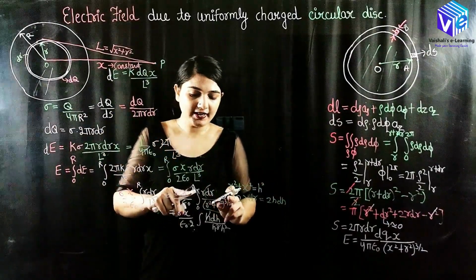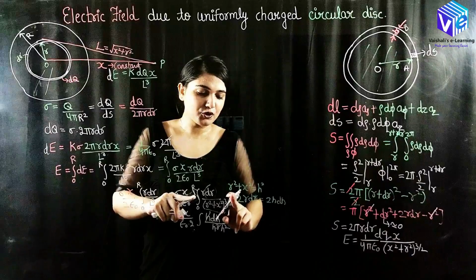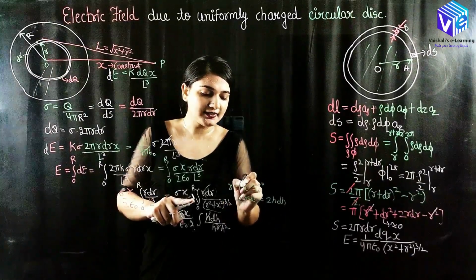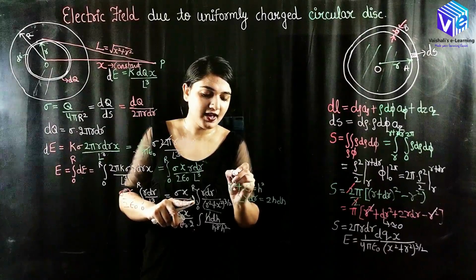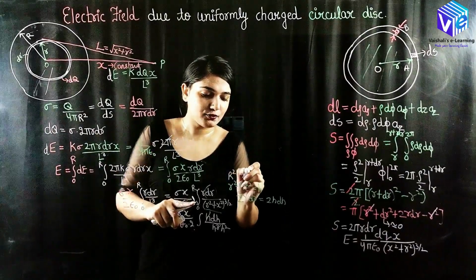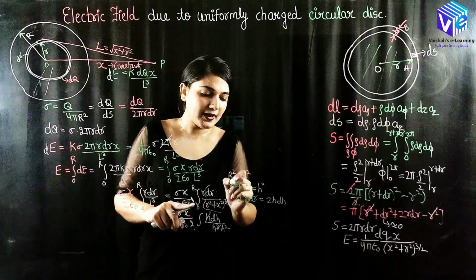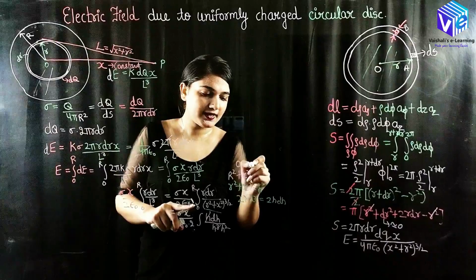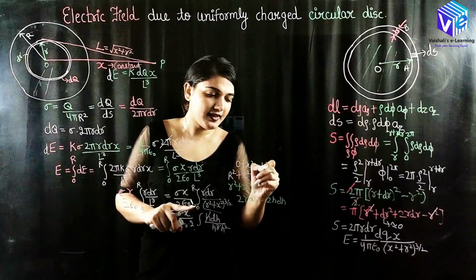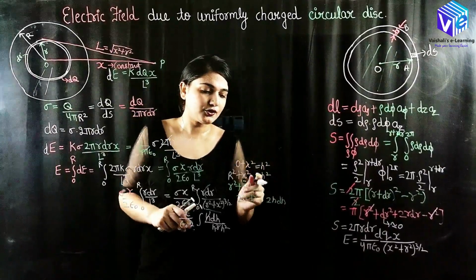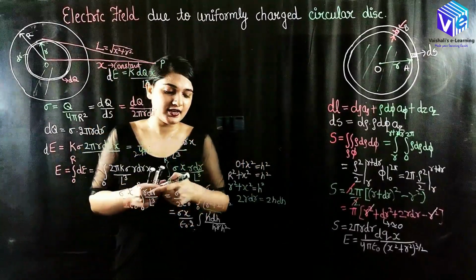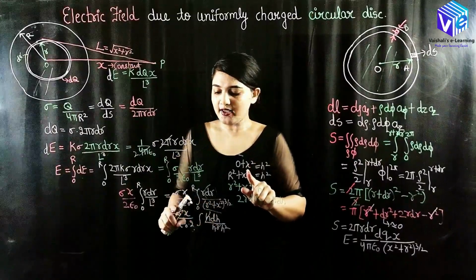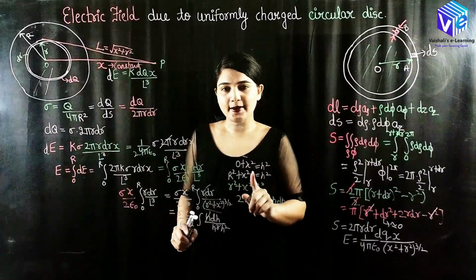So put R in the place of R and put 0 in the place of R. So I will be telling you. When I put R in the place of R, here I will be having R square plus X square. When I put 0 at the place of R, I will be having 0 plus X square. So these are my H square. Okay, so this is how I can change the limits. So I have to put the limits in terms of h, so here I will be putting from x to under root r square plus x square.